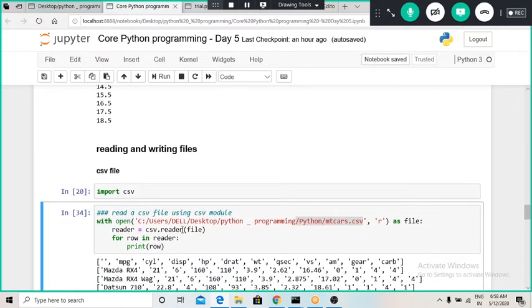Now I want to read a particular file which is stored at this particular file location and which has empty cars data.